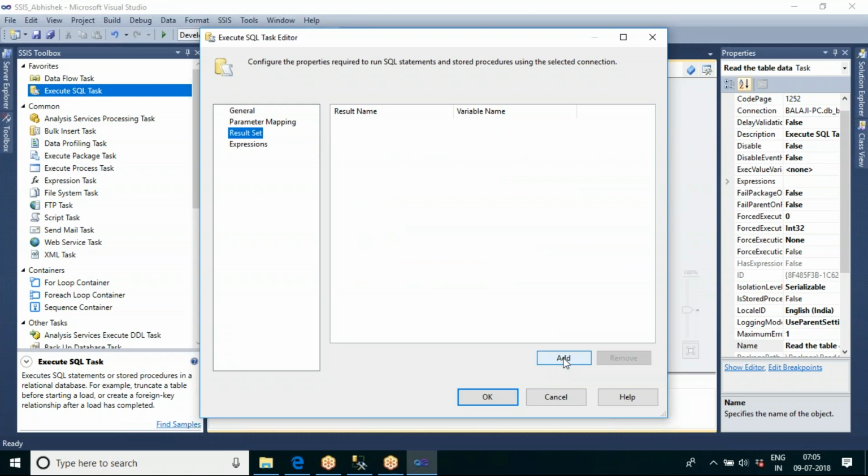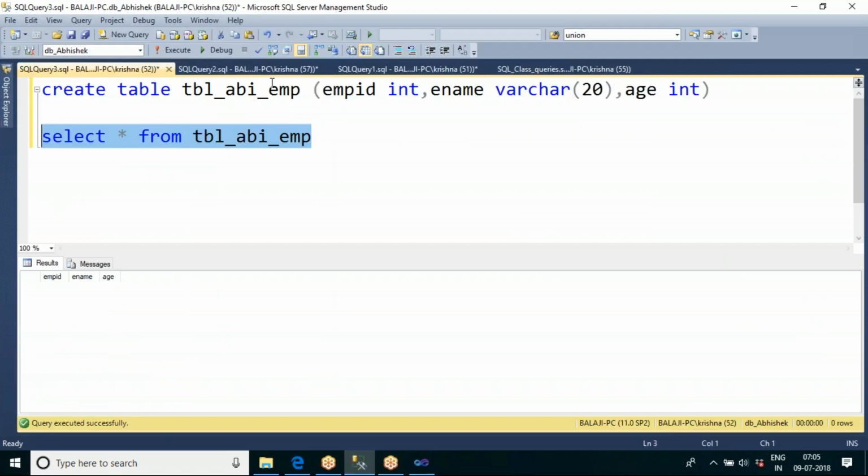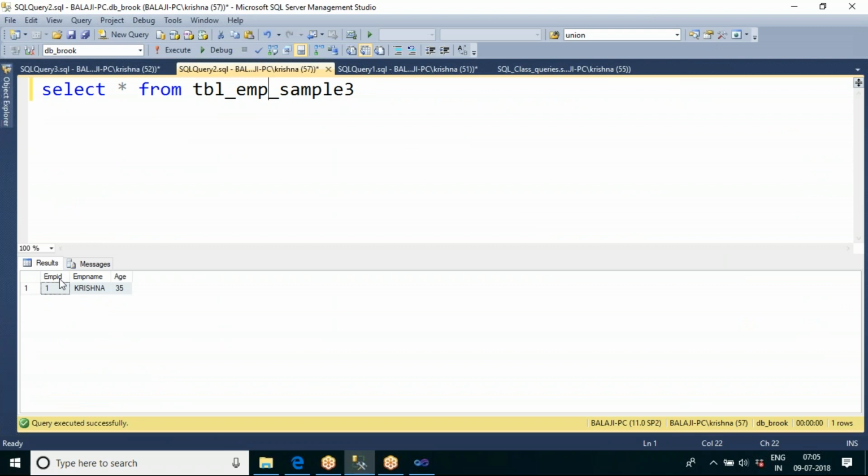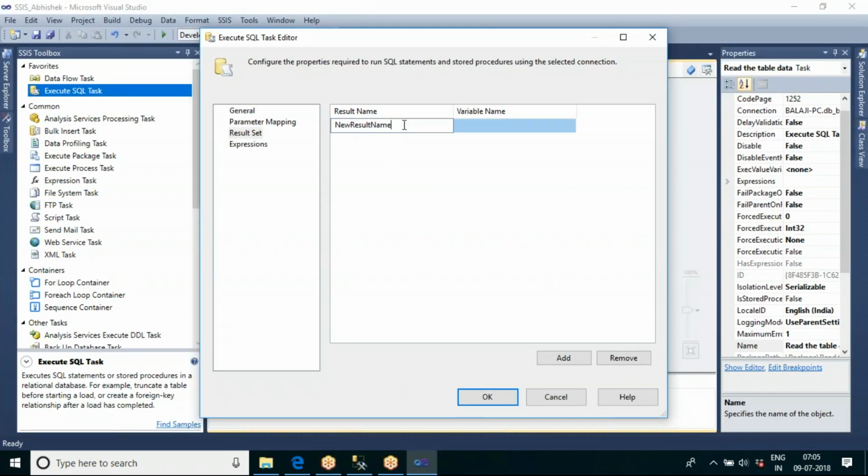I want to store the first column data. What is your first column name? Your first column name is employee ID. I want to store the first column data into one of the variables.